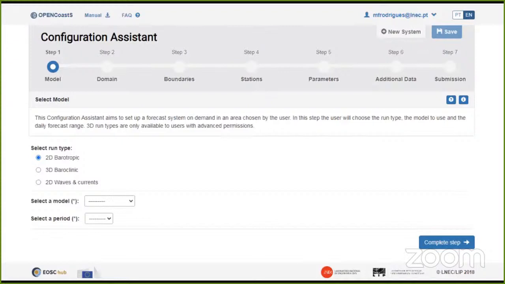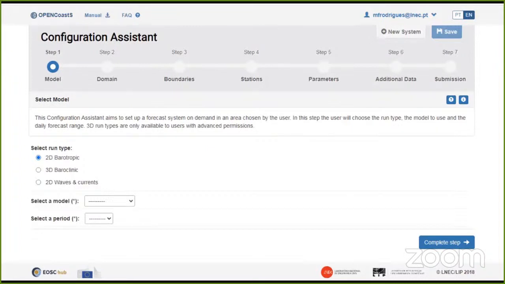In step 3 we need to set up the boundaries. In step 4 we can choose some stations for data comparison. In step 5 we can set up some parameters. In step 6 we need to add some additional data, and finally in step 7 we can complete our forecast.